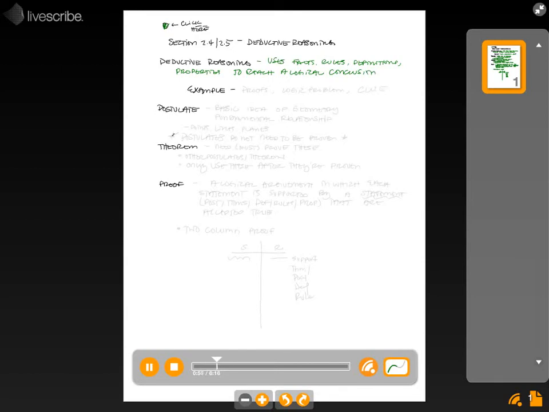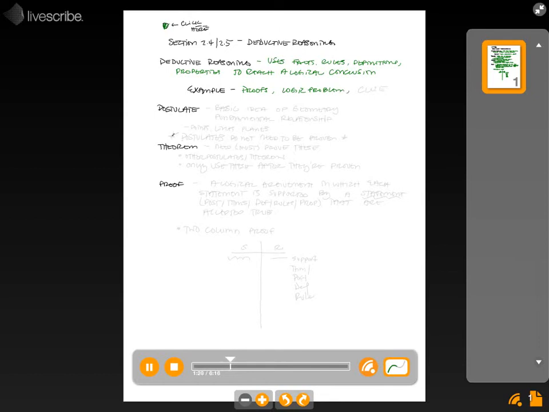Okay, now the example we're going to do in class that you'll see throughout the rest of the chapter are proofs, and proofs are good examples of deductive reasoning because you will start out with some statement and then you're going to have to work through using our theorems, our postulates, our facts, our rules, our definitions and properties to reach a conclusion. So a proof is a good example. Another example is a logic problem, okay? Because you're using the information they give you, which would be your rules and your facts, to